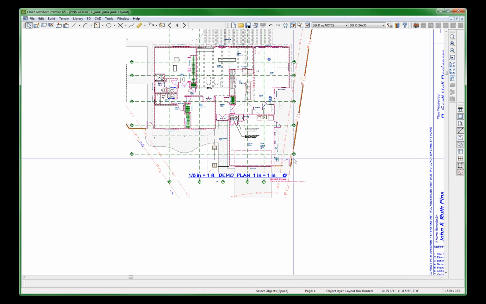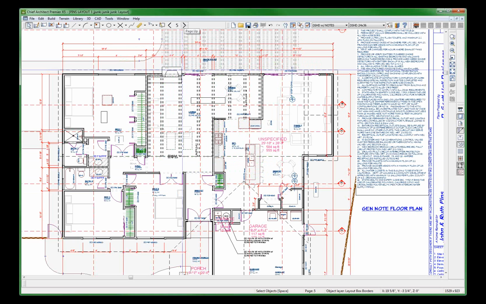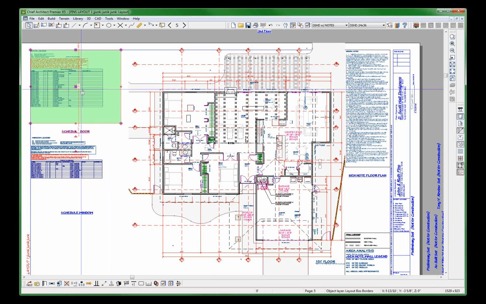Let's go on to my demo plan. My demo plan is something else. Here's my plan right here. Where else can I use that? Oh, I know. Well, all this stuff is